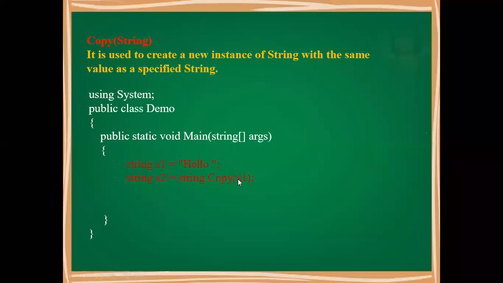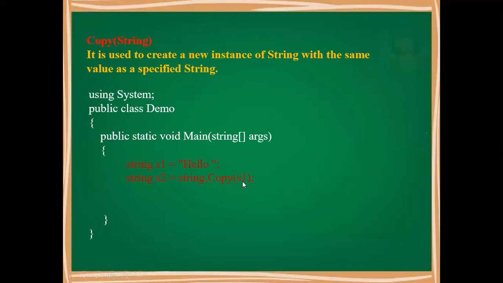String.Copy(s1). So what will this function do? s1 will be assigned to s2. This we can directly do, because the values are the same, so we can write s2 equal to s1, as both data types are reference types. It can be done without any problem. But sometimes it will happen that s2 holds a little value and s1 holds a larger value. That may create a problem. So on the safer side we are using string.Copy.